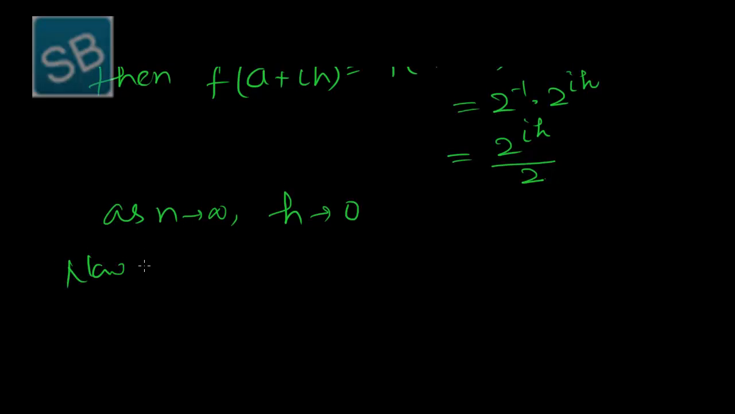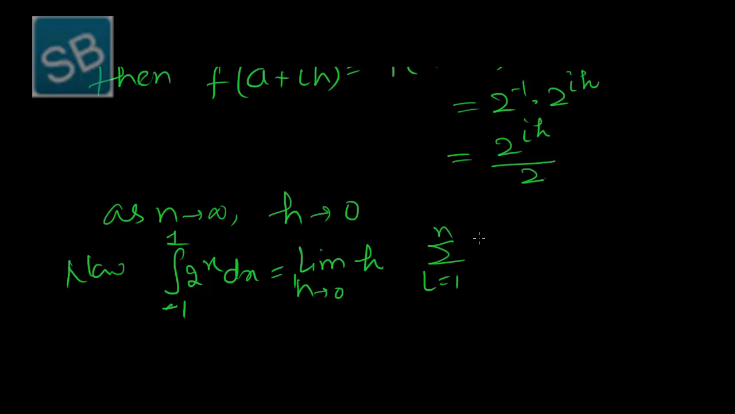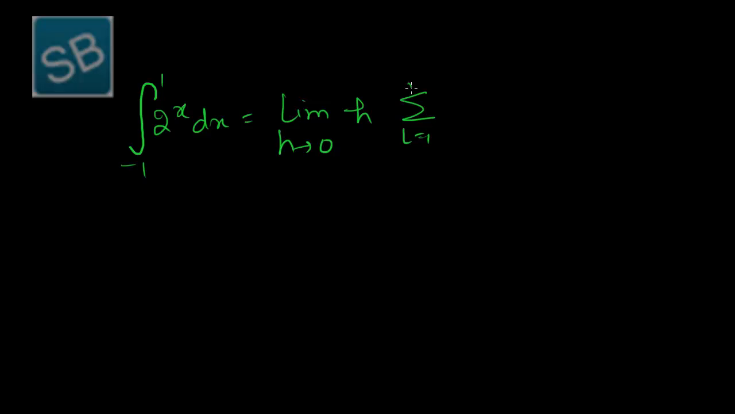Now, using the formula for limit as a sum, the integral from minus 1 to 1 of 2 raised to power x dx is equal to limit h tends to 0 of h sigma i from 1 to n of f of a plus ih, that is, limit h tends to 0 of h into sigma i from 1 to n of 2 raised to power (minus 1 plus ih), that is, limit h tends to 0 of h into